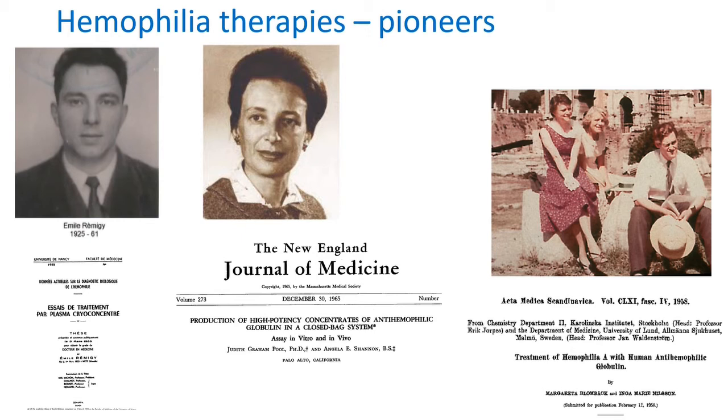One of the most important products in the early years, in the 1960s, was cryoprecipitate, which was actually developed not in the 1960s, but in the 1950s by the French physician Émile Rémigy, who also did a thesis on the way in which he could purify cryoprecipitate from frozen plasma, allowing it to be concentrated in factor VIII and used to treat hemophilia. Since this treatise was published in a little-known French journal in French, it was not much noticed,